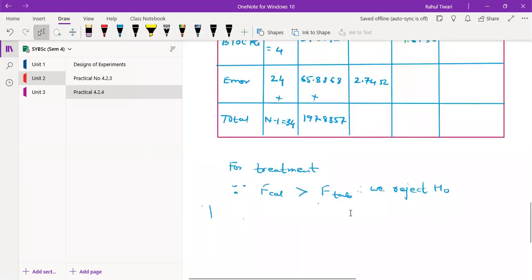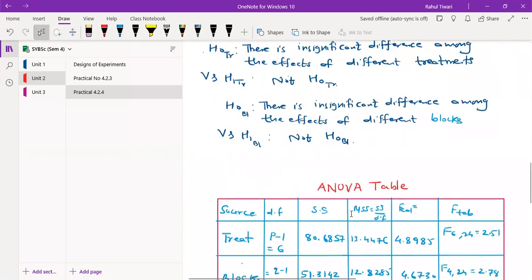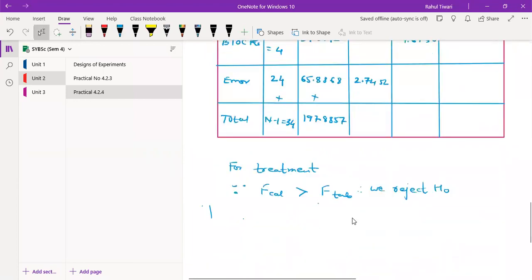Or I may just write down this. Like there's significant difference between,